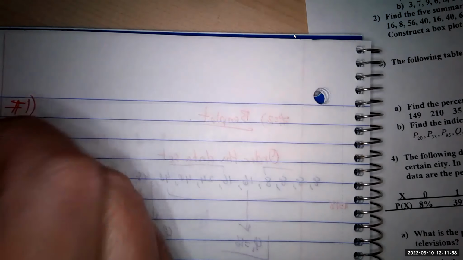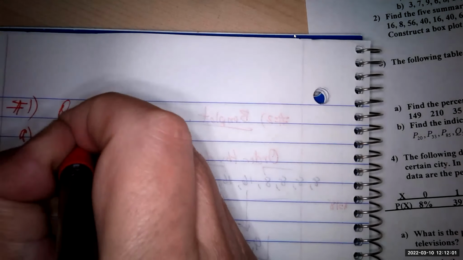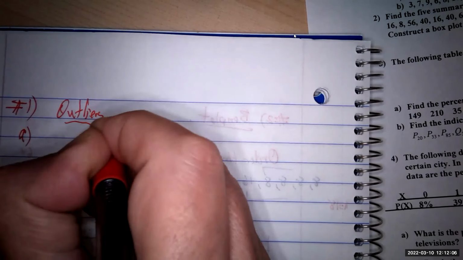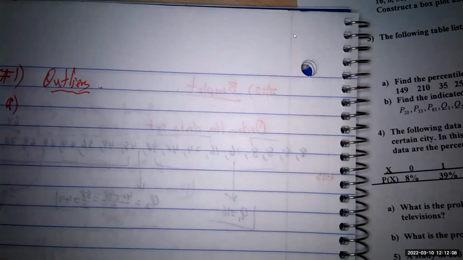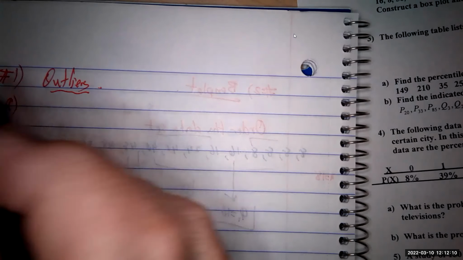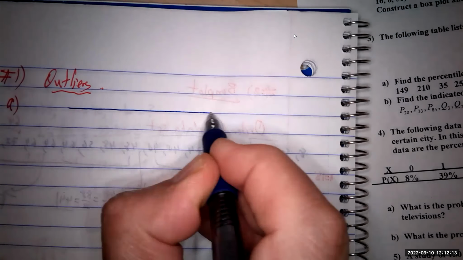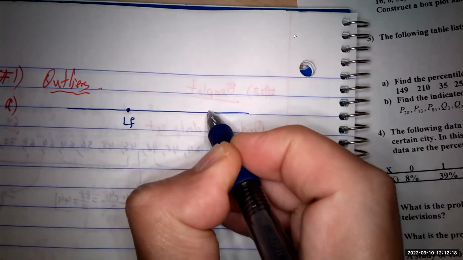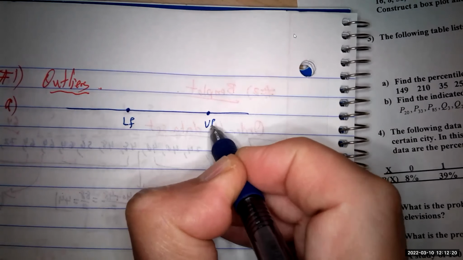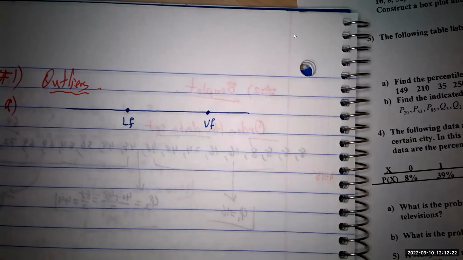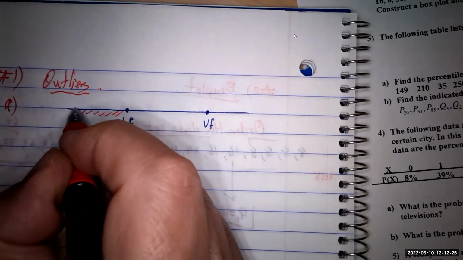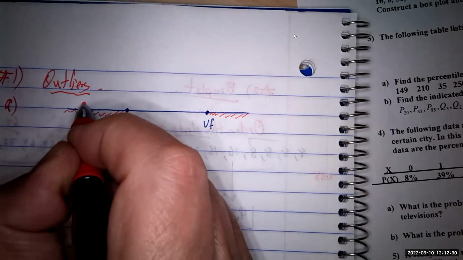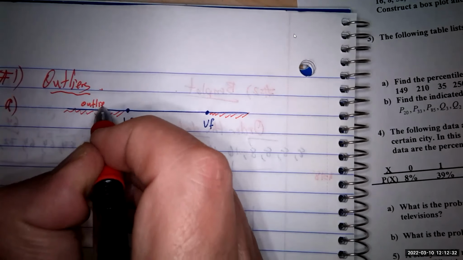Okay, number 1, part 1. This question is related to outliers. I'll just remind you how we're going to find them. For outliers, you have to identify the lower fence and the upper fence. If you identify these, then anything outside is going to be an outlier. So the outliers are going to be the ones in here